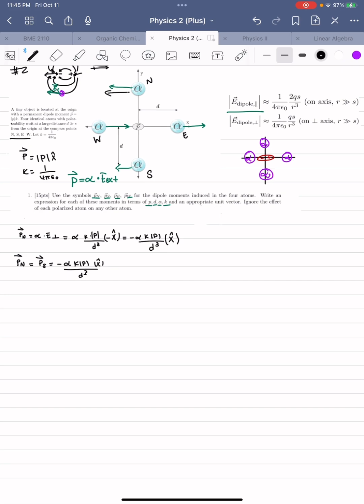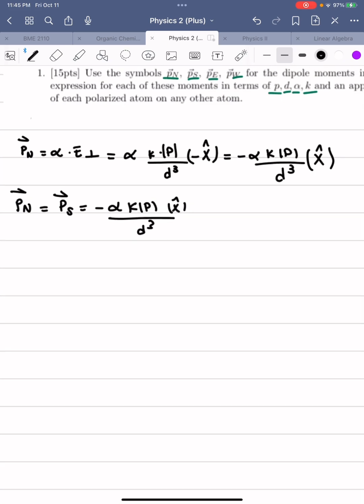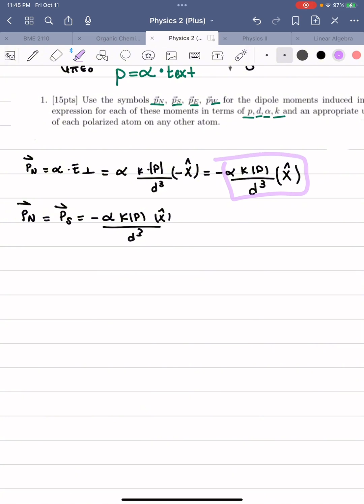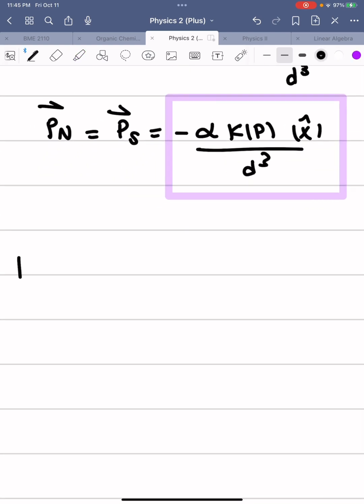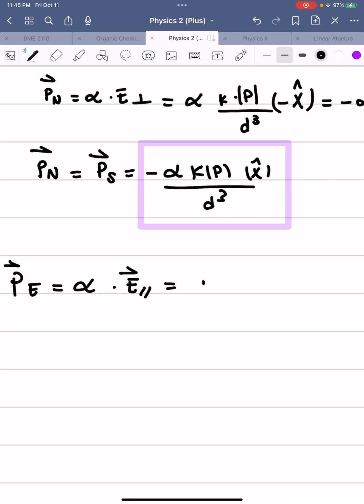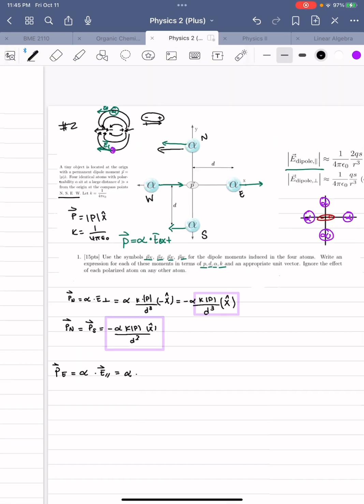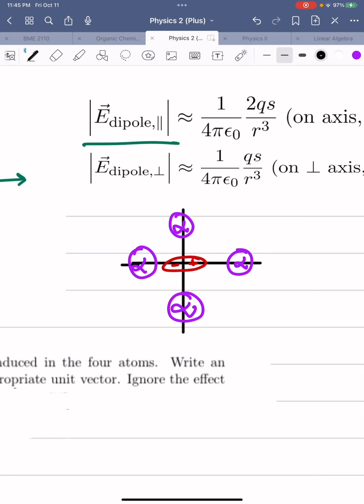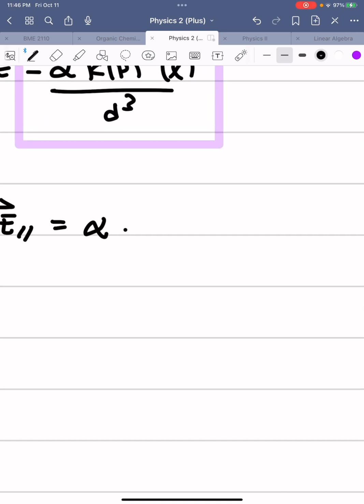Okay, so now we got those two. Now we've got to calculate west and east. So let me highlight this. Oh, that's a terrible box, but it's okay. So we're going to calculate P, let's say east first. So it's alpha times E external, but since this one is parallel to the line of the dipole, it has to use the parallel formula. So alpha times, we look at this formula over here, it's just the perpendicular formula but times 2. So it's going to be K times 2 times P